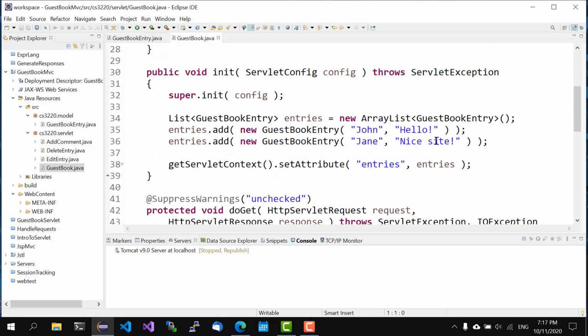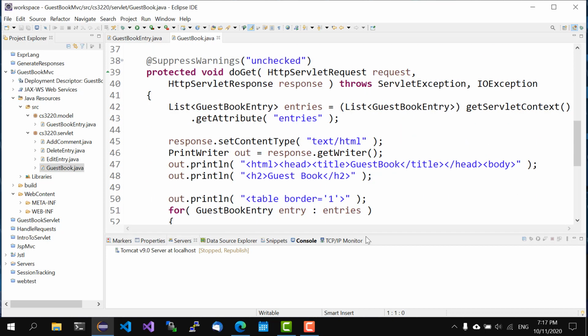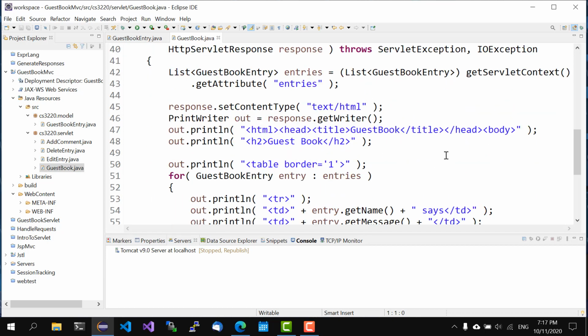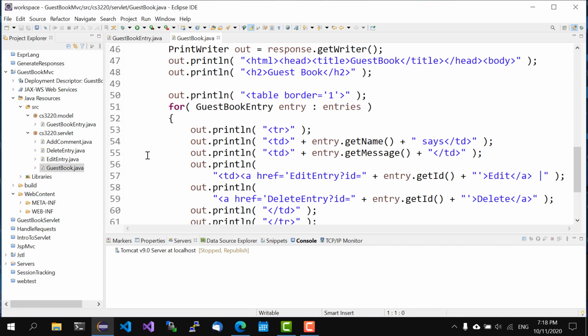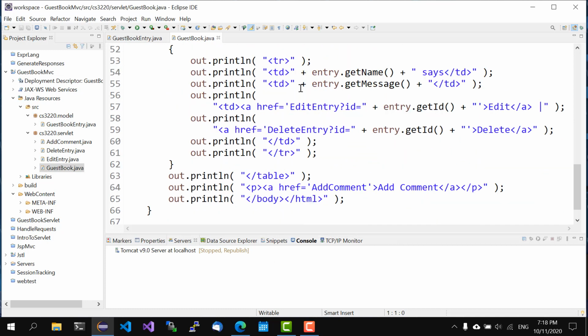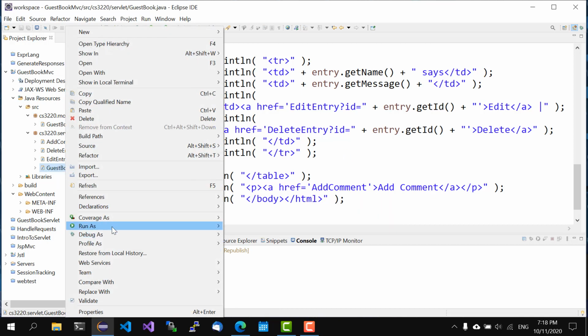So just brush up a little bit on the application itself. There's this GuestBook servlet. In the init method, we create a couple of GuestBook entries for testing, and in the doGet method, we create a table, and then for each entry, we create a table row, and we also print out a few links, so later on we can connect to the add comment servlet, edit entry, and delete entry servlet. So if we run this,